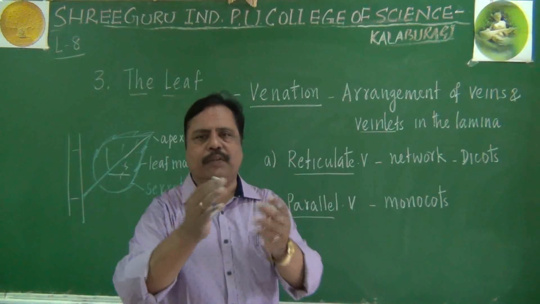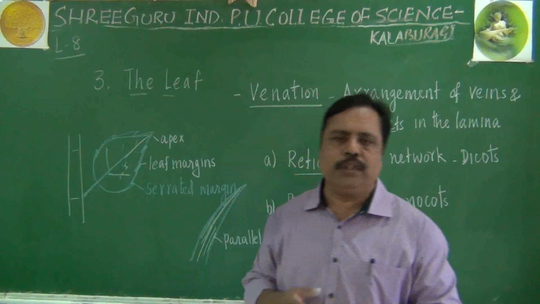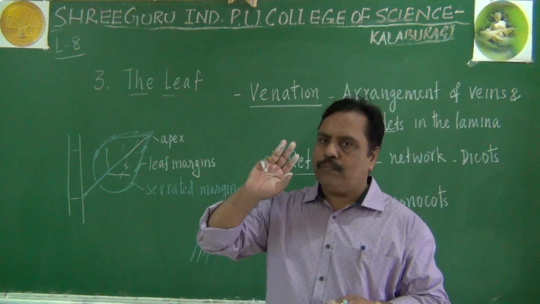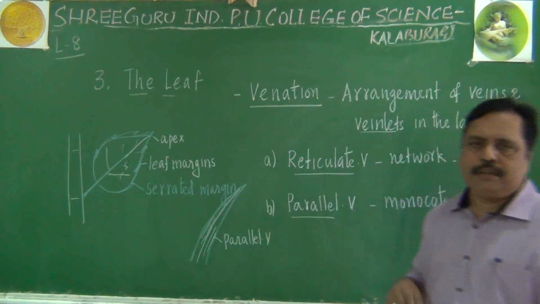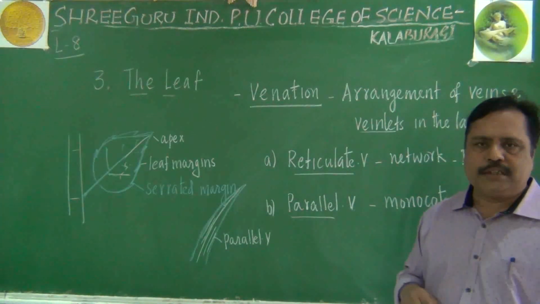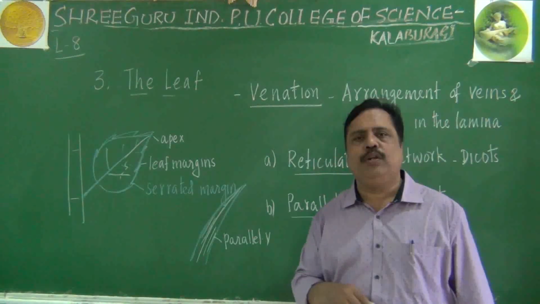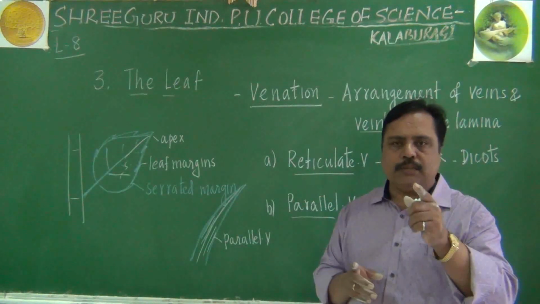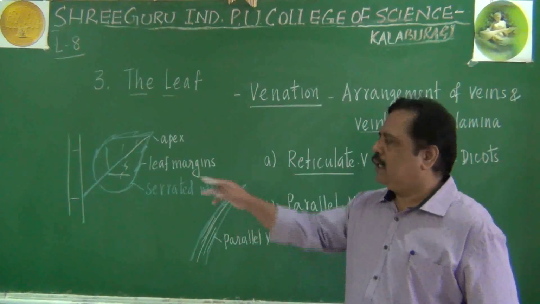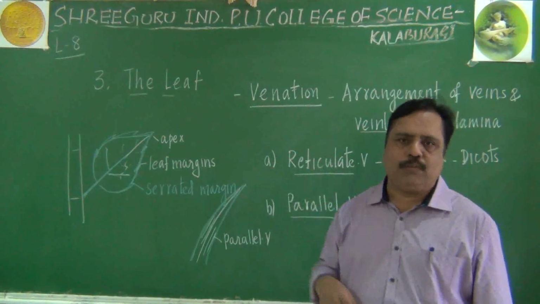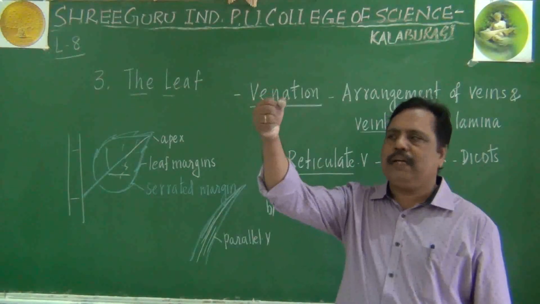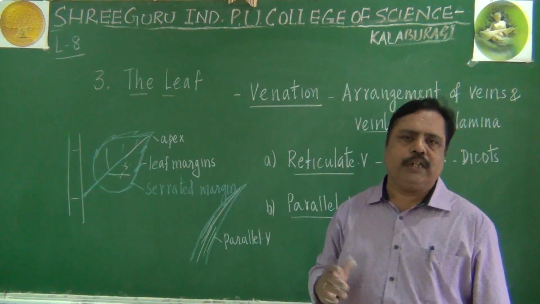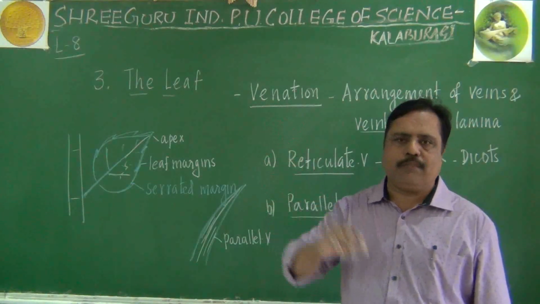That is one of the morphological features by which you can distinguish between monocot and dicot. Monocots have parallel venation. Dicots have reticulate venation. Even in the root system, I told you one point for differentiating monocot and dicot. Monocots have a fibrous root system. Dicots have a tap root system. Do you remember? So when you pluck the plant and observe it, you can say clearly whether it is monocot or dicot just by seeing the morphology.